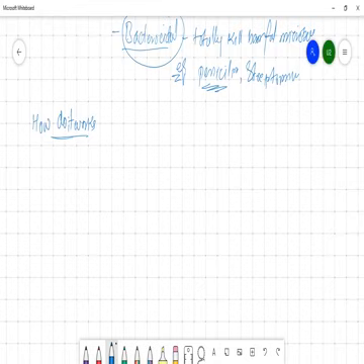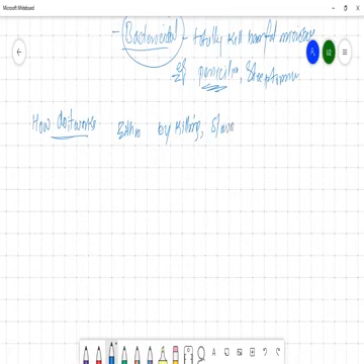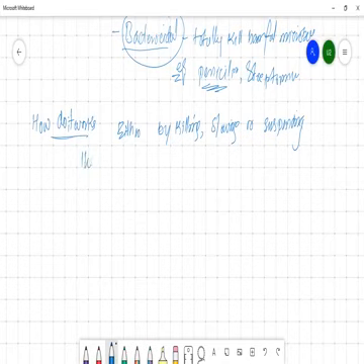So we say either by killing, slowing, or suspending the growth of